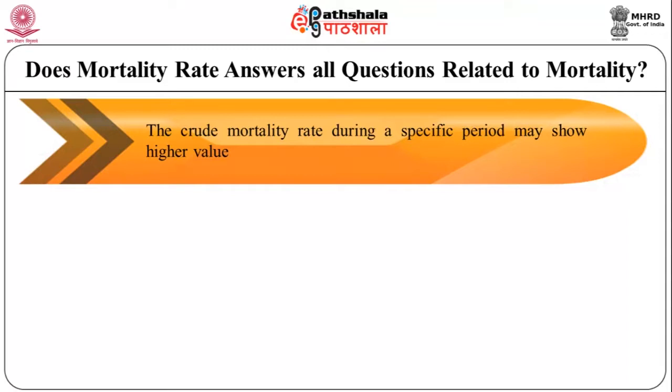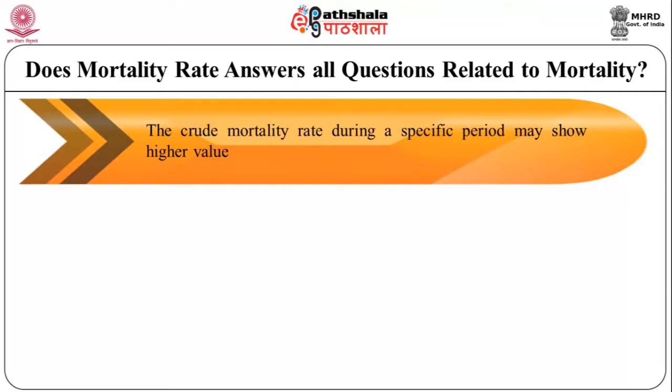Till now, we have discussed death rate in crude form, that is the number of deaths per year per 1,000 people. But this simple expression of death rate can be misleading sometimes if we consider it without taking age-specific and other reasons of mortality into concern. A population with good healthcare facilities but with a large number of old age individuals, as is the case with developed countries, may show a higher crude mortality rate during a specific period,